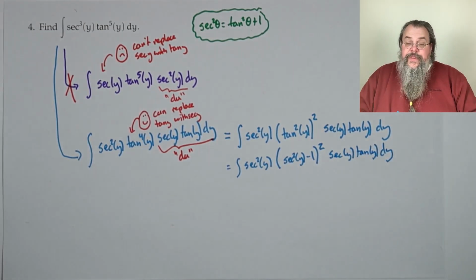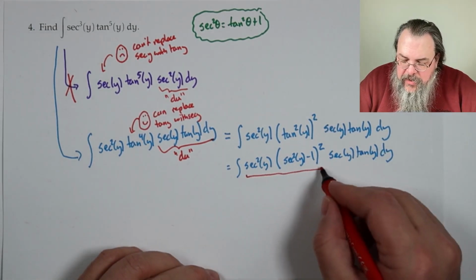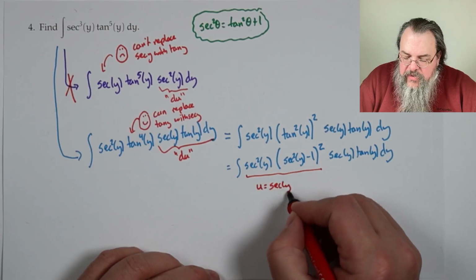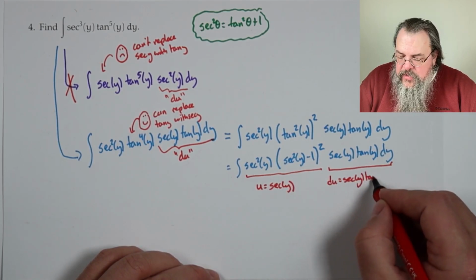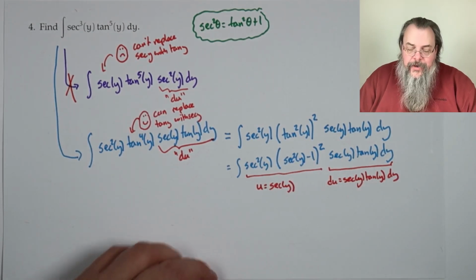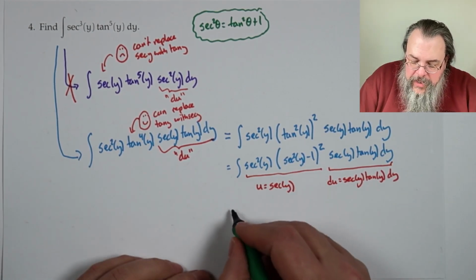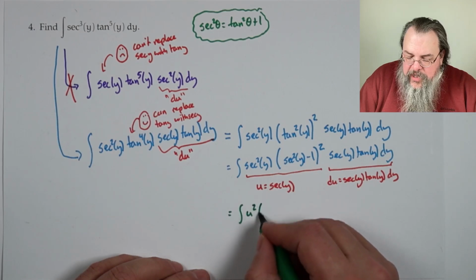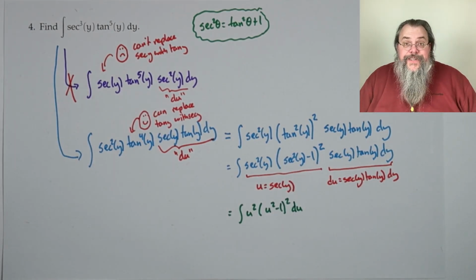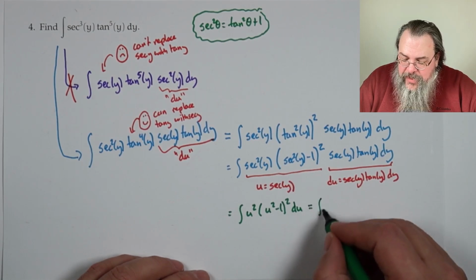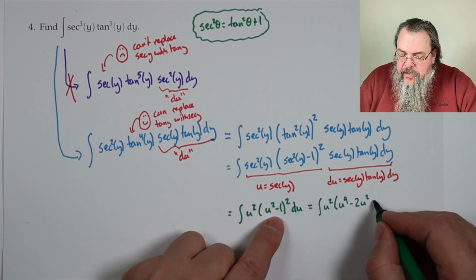dy. All right, now the magic. Here we go. We did a lot of work here so that we could say, let's make our substitution u equals secant of y, so that the derivative of secant is secant tangent, and we have du. Okay, now, good. So our integral is the integral of u squared times u squared minus 1 squared, and then du. Algebra. Wonderful algebra. So if you square that out, that would be u to the 4th minus 2u squared plus 1